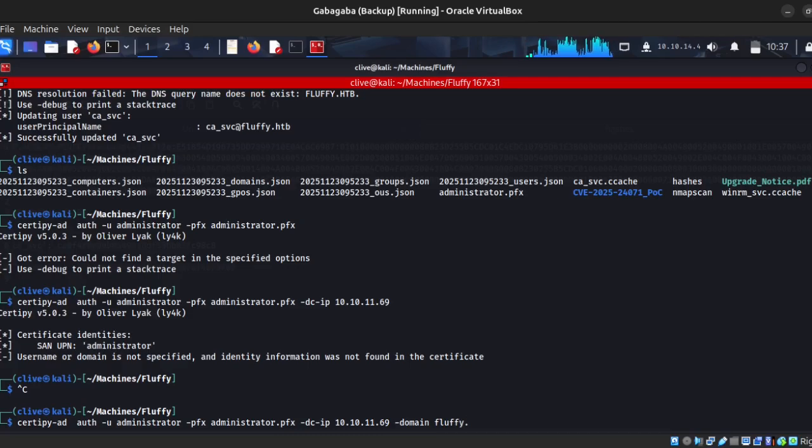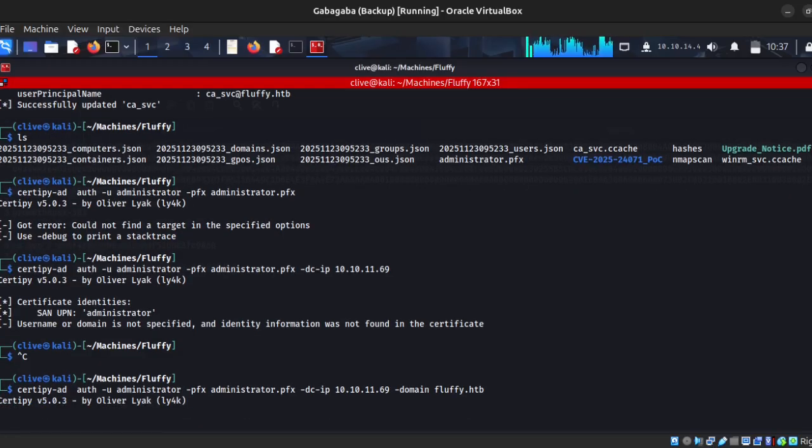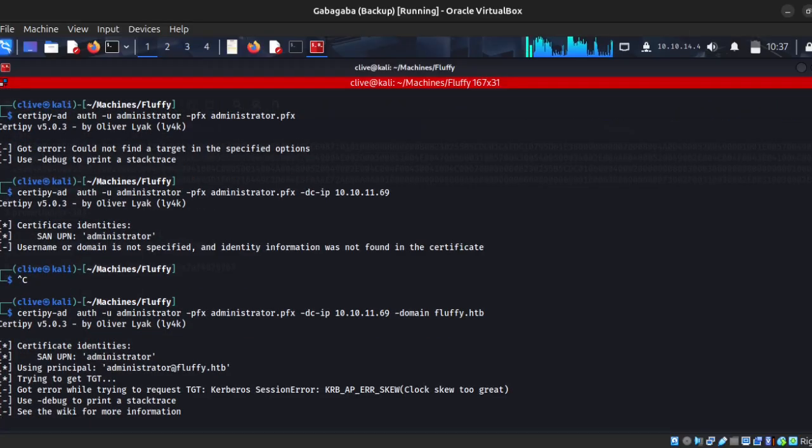And these things can actually confuse you. I think that's it. Authenticate as administrator, then we're going to get the administrator's hashes. With the administrator hashes, you can log in to the machine. You'll be able to get the admin